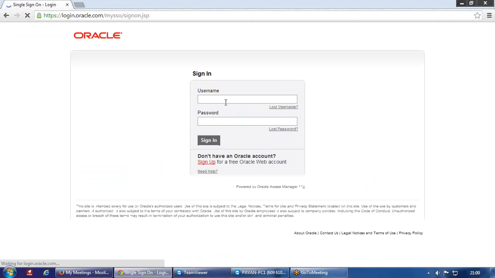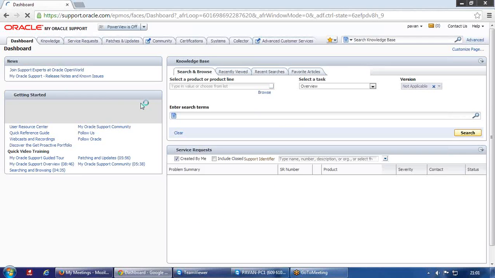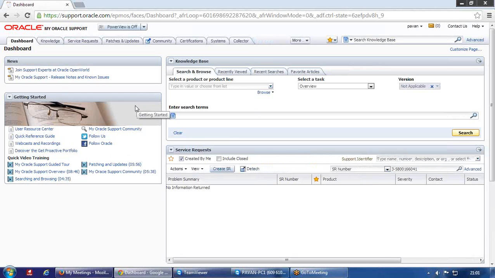I'm just showing you. Once you log in, this is how it is going to look, and there are several tabs here.